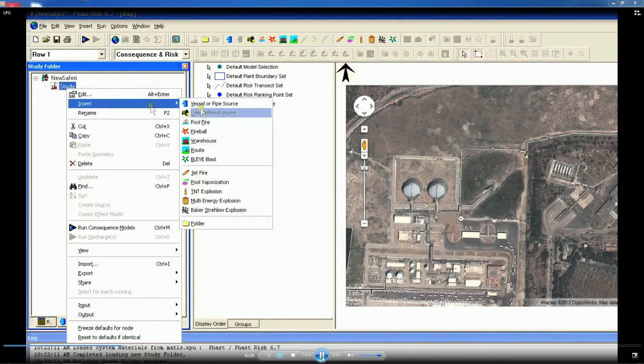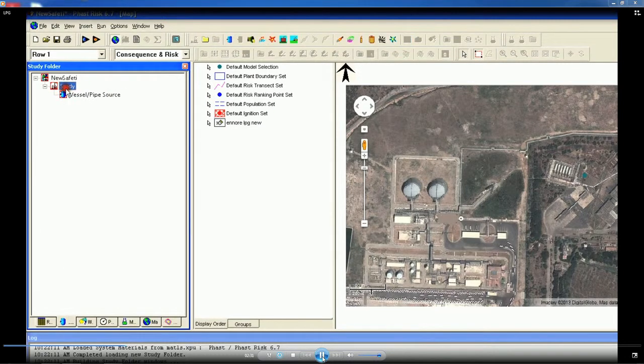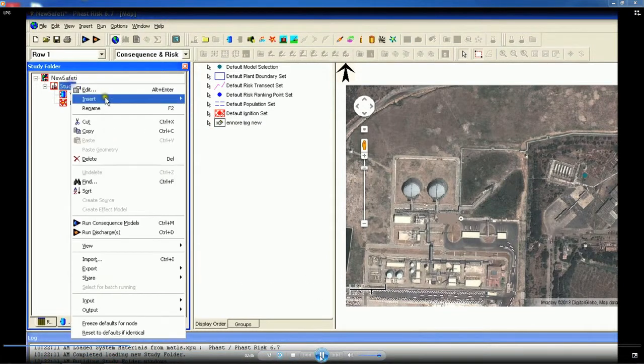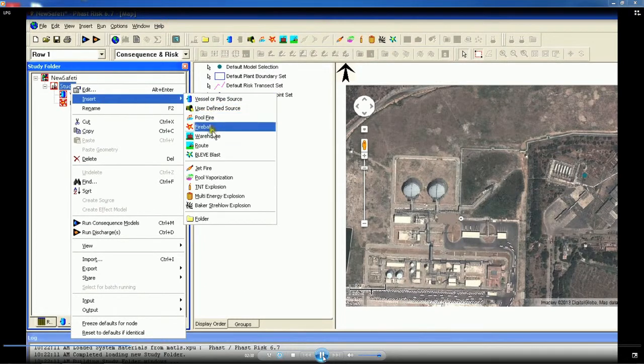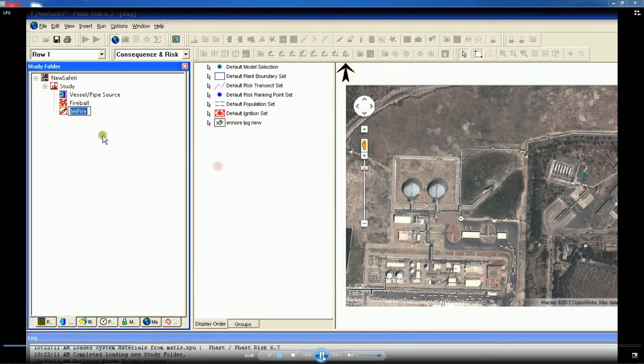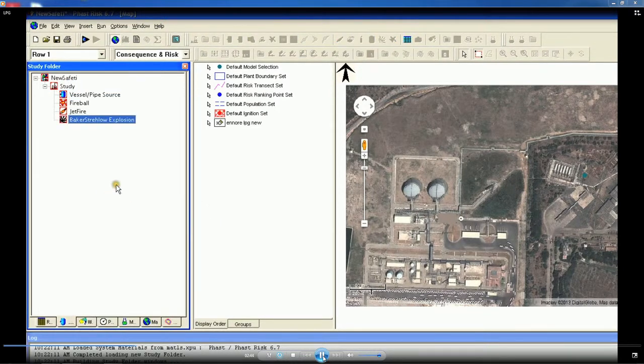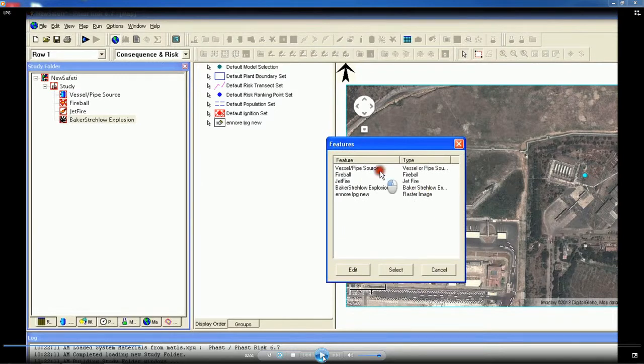Now the study model has got different sources of failure or consequences, because I am actually doing a consequence analysis. You see here we are doing a consequence and risk analysis. So I want to create different sources like Jetfire, Fireball, Vapour Cloud explosion, etc. Now for each one of them I want to specify the location. You can see here I can specify the location on the screen directly using a graphical raster image and associate that particular point with any kind of feature of failure.